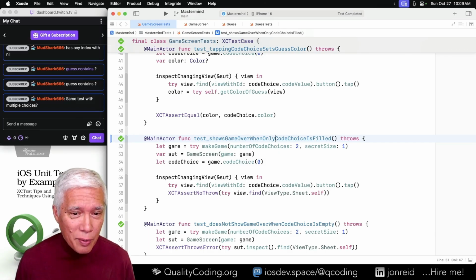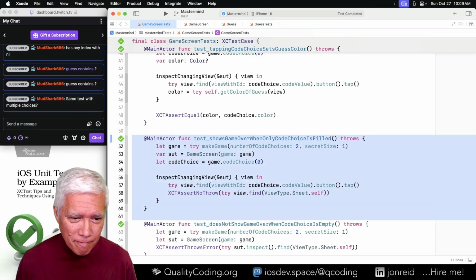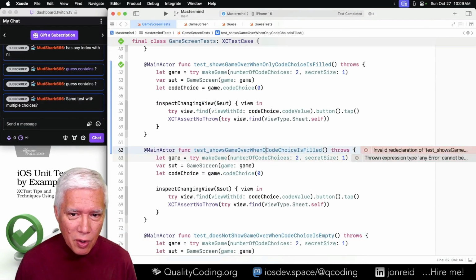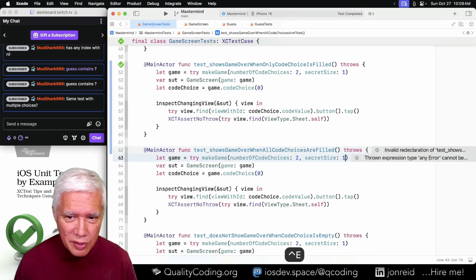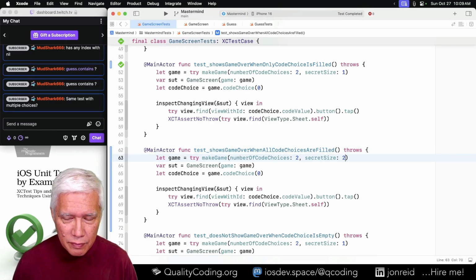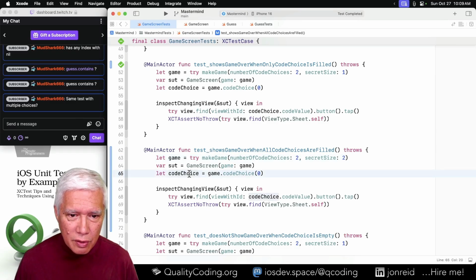And yeah, now we need another one when all code choices are filled with a secret size of 2. And so this becomes code choice 0.